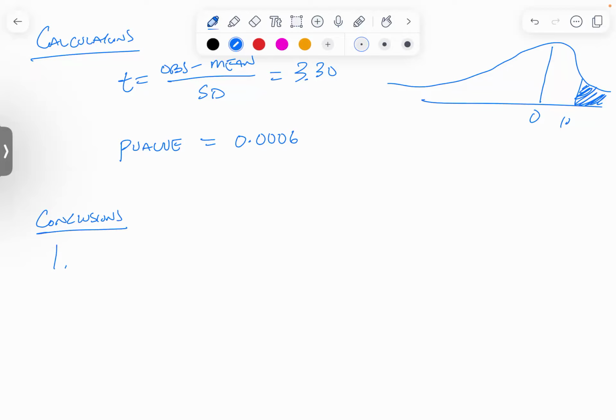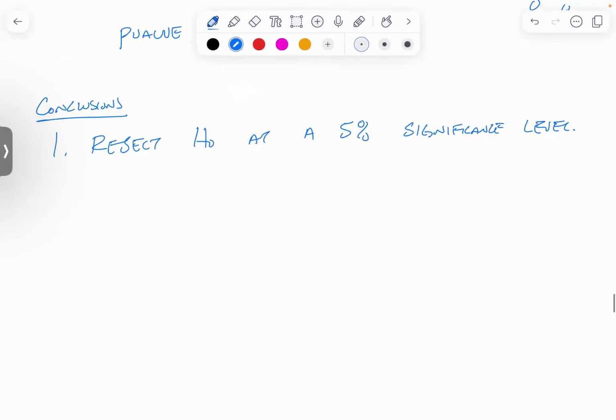That p-value is very, very small. If p is low, the H0 must go. Reject H0 at a 5% significance level. There is strong evidence to show that